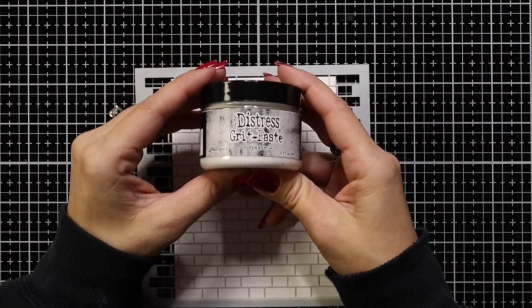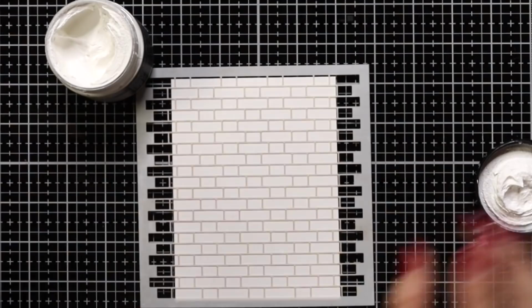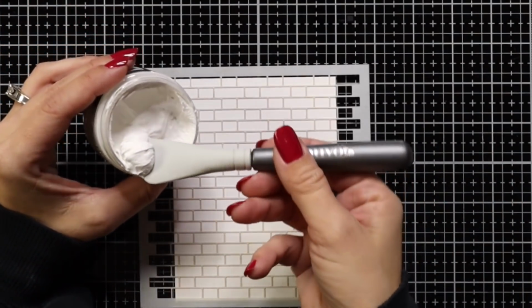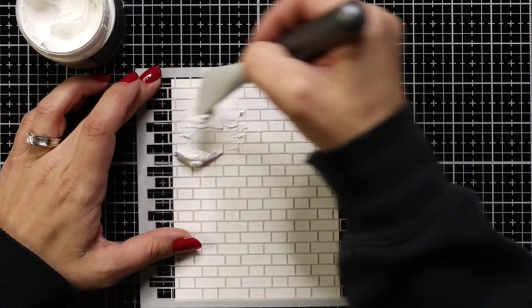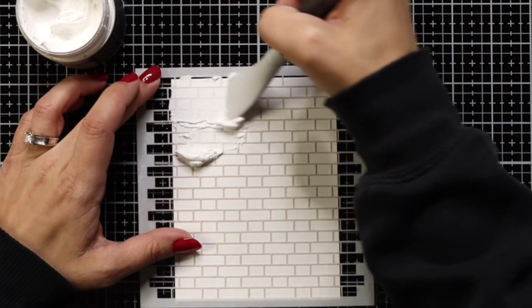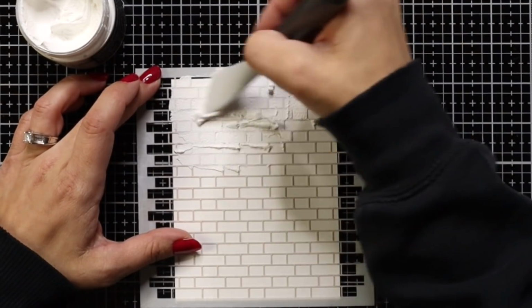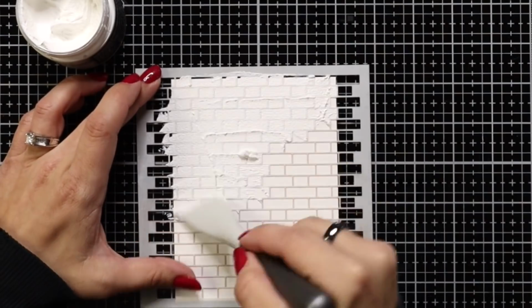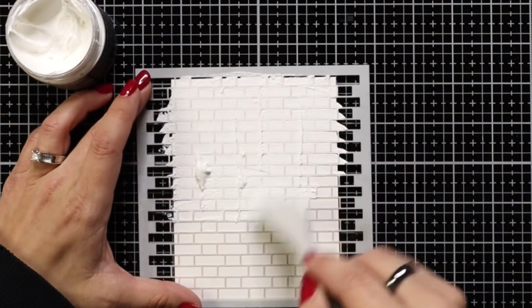Then for my texture for my background, I am using Distress Grit Paste in Opaque. This is actually pretty creamy as far as texture in the jar itself, but it has a lot of grit to it and looks amazing as a brick background. You could also color this if you wanted to put some onto your craft sheet or craft mat and then maybe ink smush down some ink and you could color it that way, or if you have distress sprays, you could do that too. So I'm starting by scooping this out of the jar and just placing that over my